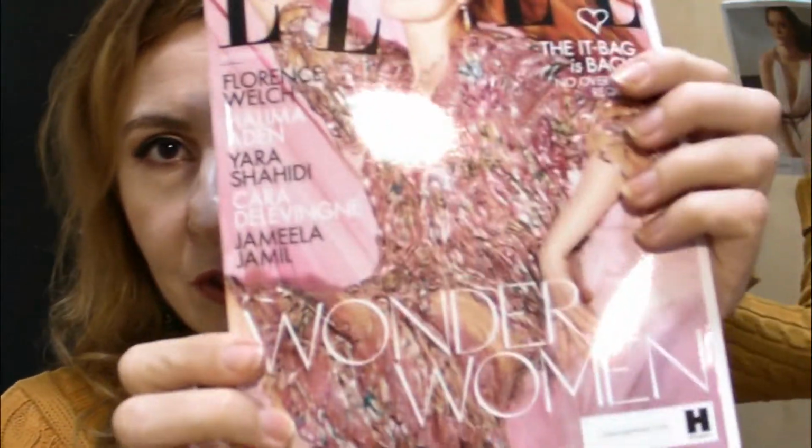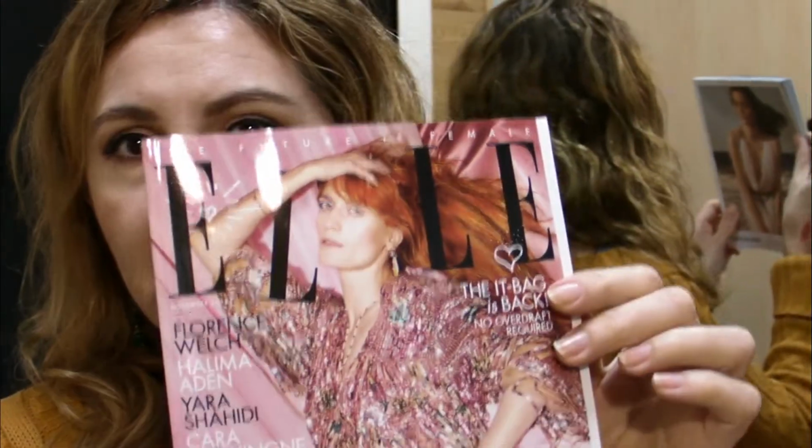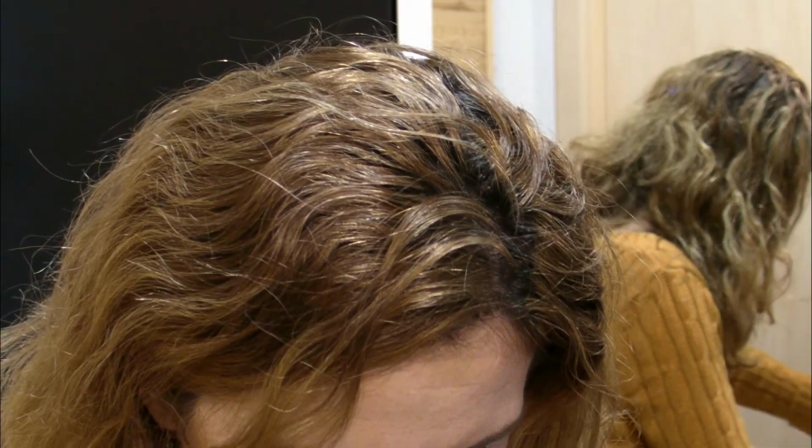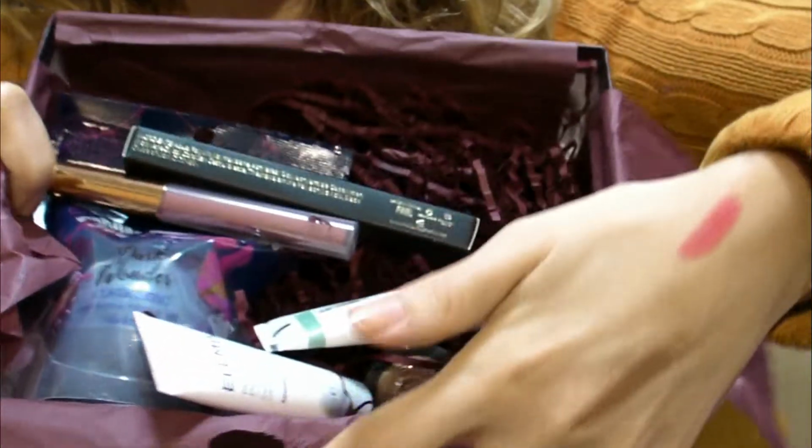We are getting the Elf magazine, which I really enjoy and I read it every month. I do also have a collection to show that I didn't open it. Let's do it right now. Let's break the seal! Woo, this is the most exciting moment. Wow, look at here, guys. I'm hoping that I will not...